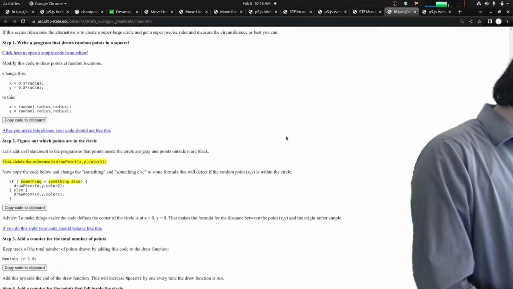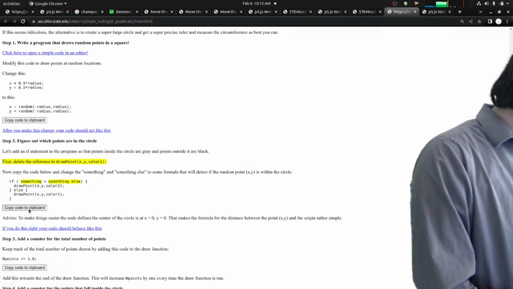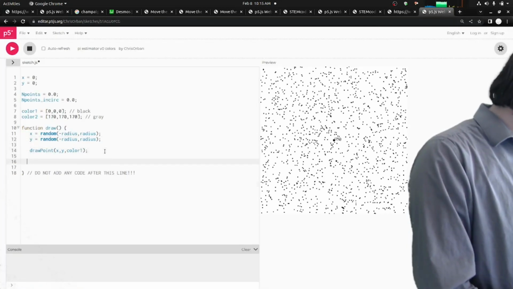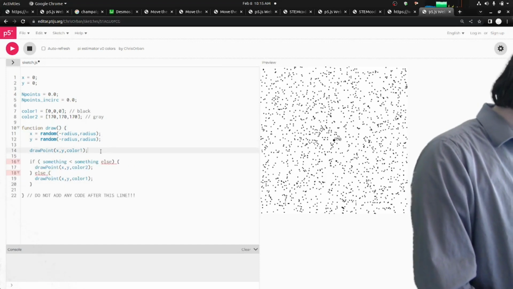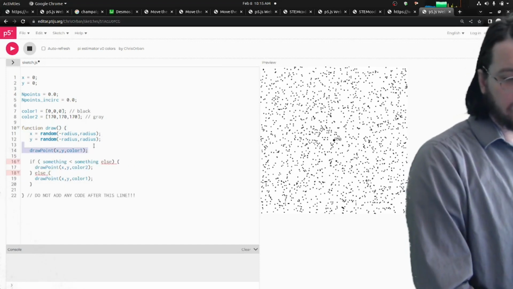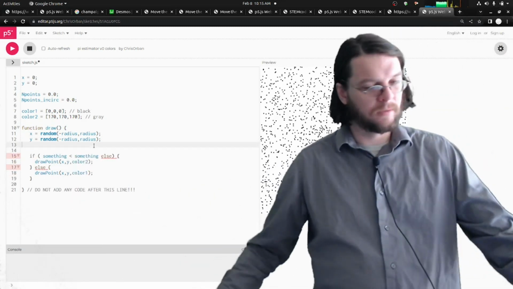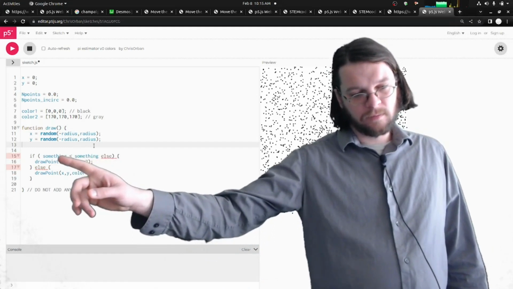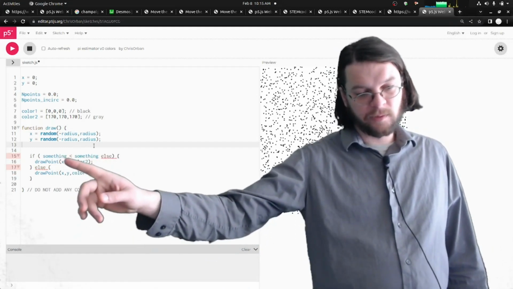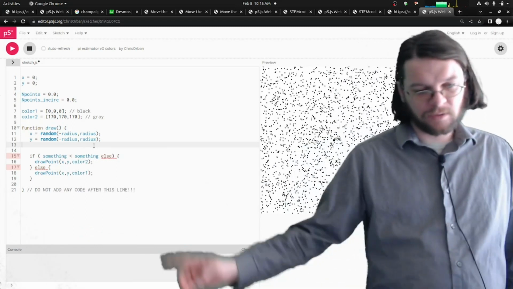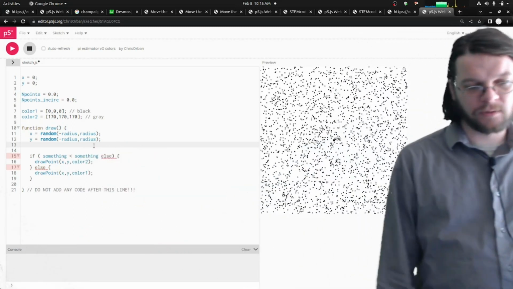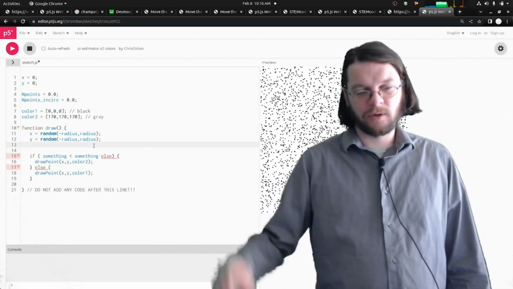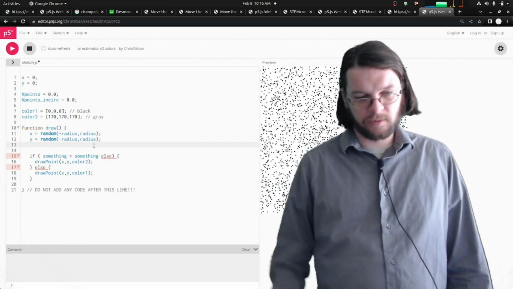All right, so that's fine. And so then the next part is, all right, well, I need to put in an if statement here that gives the dot a different color. So I'm going to erase this draw point command, and I'm going to replace it with this thing. We give the students this part, but we don't tell them what should be in the if statement. We just say that if something is less than something else, then draw the point with this color, but if not, then draw it with this other color. So in here, it's black or gray, right?